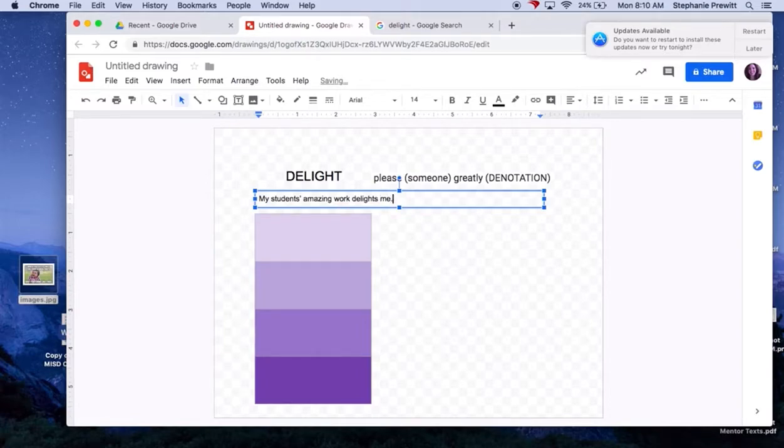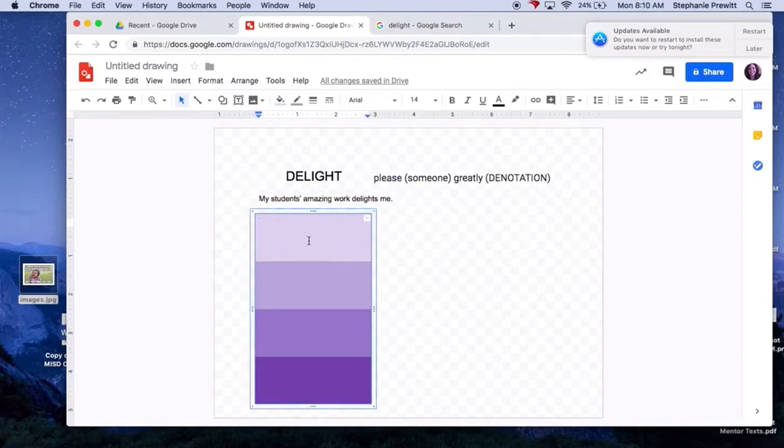Pretty simple. So my students' amazing work delights me. And it means that, hey, my students' amazing work gives me great pleasure. It pleases me greatly. So now I need to think of a word that is synonymous with delight, but has a less